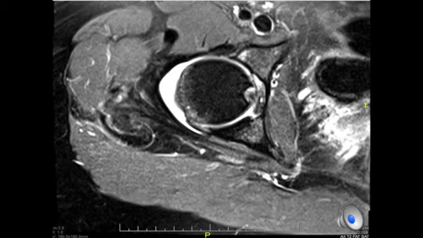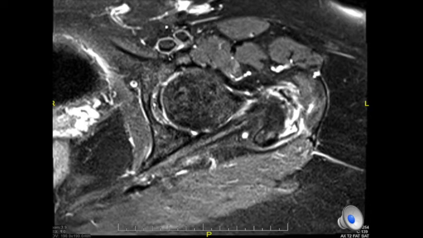On this axial image, you can see this superior posterior facet is intact. The lateral facet seems to be intact. However, there is fluid on the undersurface of the lateral facet insertion of the gluteus medius, which may suggest an undersurface tear. This is another axial image showing intact gluteus medius insertion onto the superior posterior facet, complete disruption of